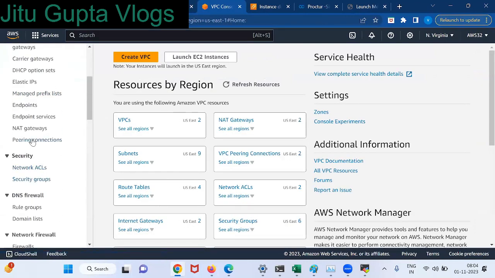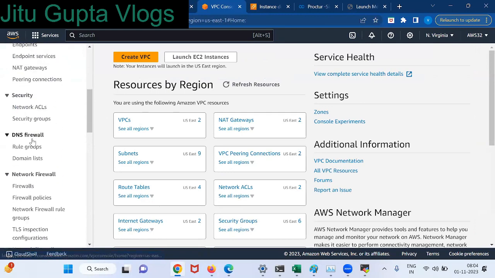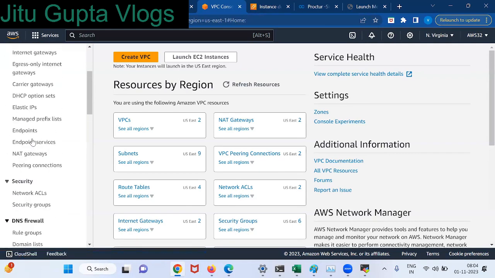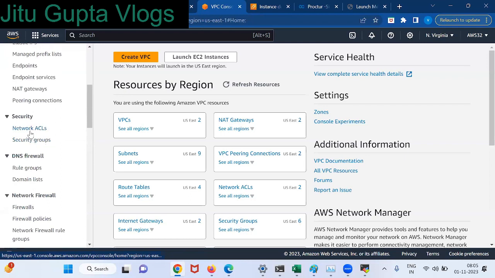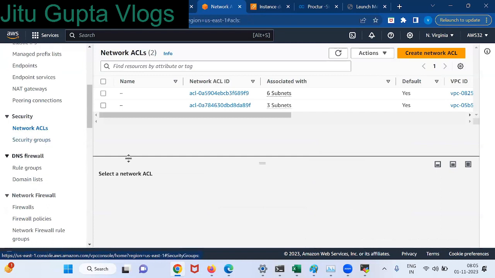Peering concepts we have to discuss. Subnets, what you need to learn about subnets, we have already done, right? So NACLs, network ACLs means NACLs. See, security services, right?